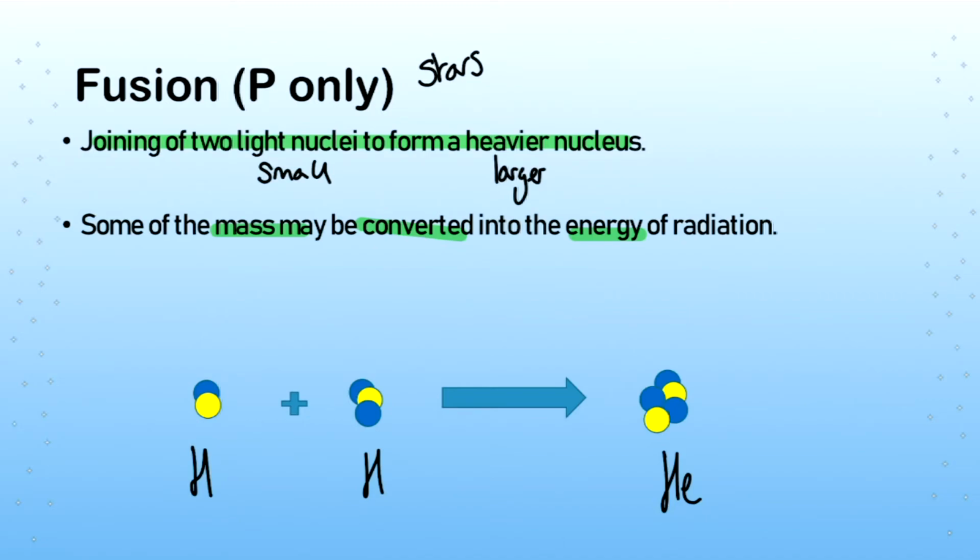Okay, so if we start for an example of two types of hydrogen here. So we've got deuterium, which has a mass of 2 and a proton number of 1, and we have tritium, which has a mass of 3, proton number of 1. They will fuse together. This requires loads of energy to start it happening. So to force two nuclei together, which are very repulsive of each other because they're both positively charged, that costs lots of energy. But if we make it happen, we can produce a larger nucleus. So here we have helium-5, has a proton number of 2,